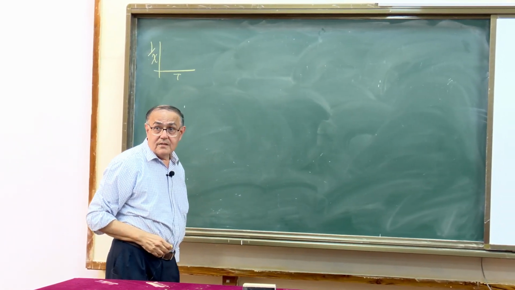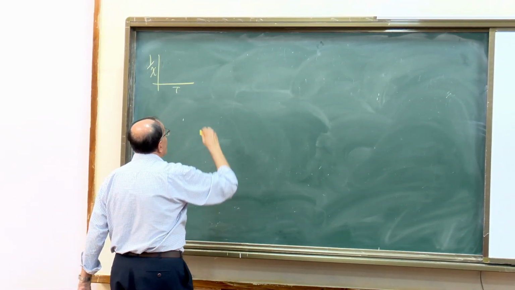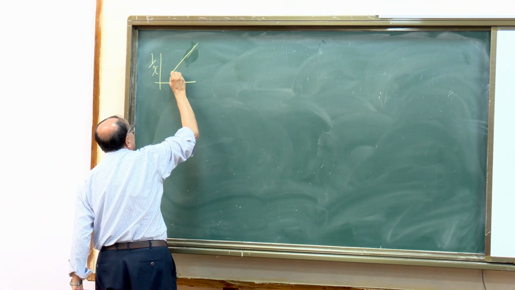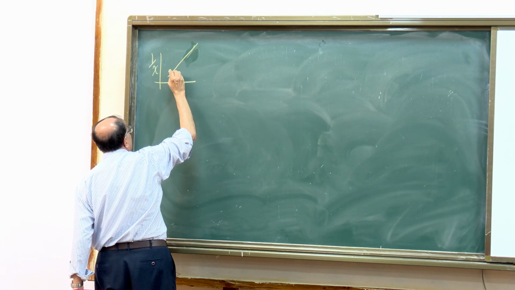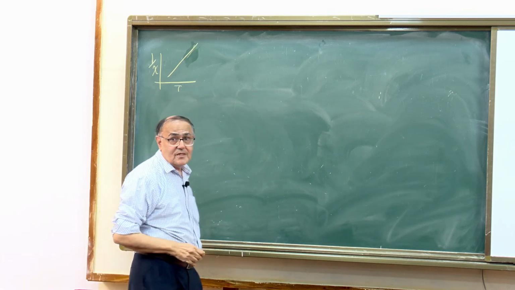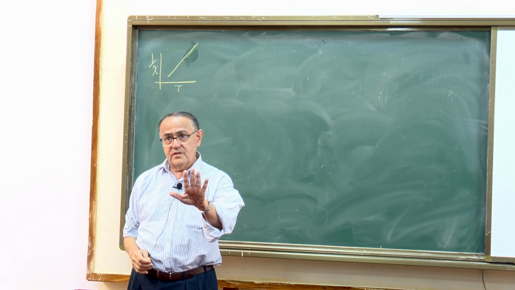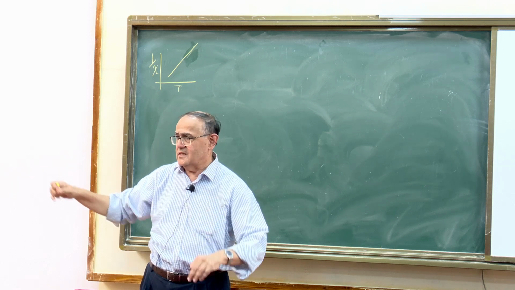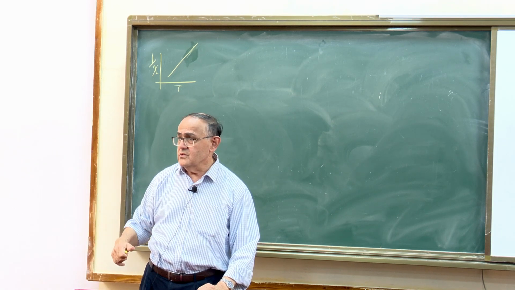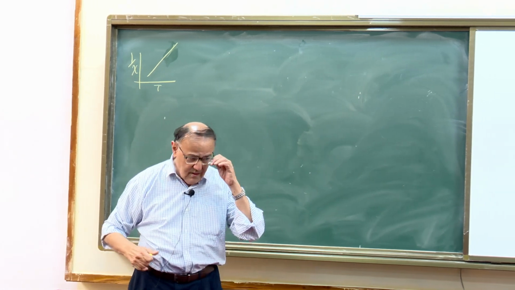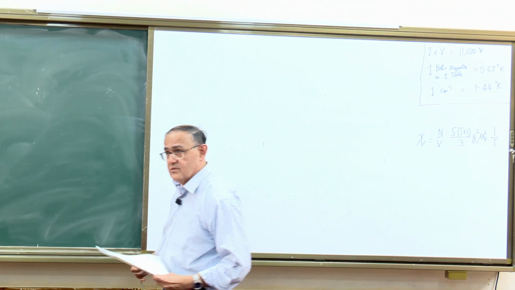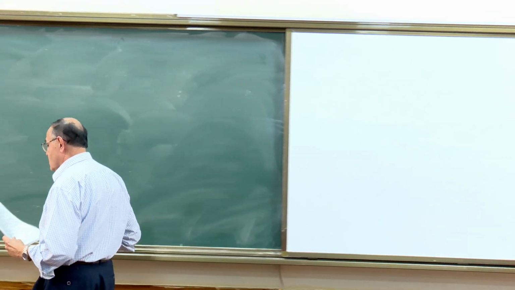Okay, and the data is remarkably straight. I mean, I'm not drawing it well, but it's a very good straight line. So first of all, it says you have a Curie law, which is not surprising, because you have these atoms giving a... okay. But if you increase the concentration a little bit of these,